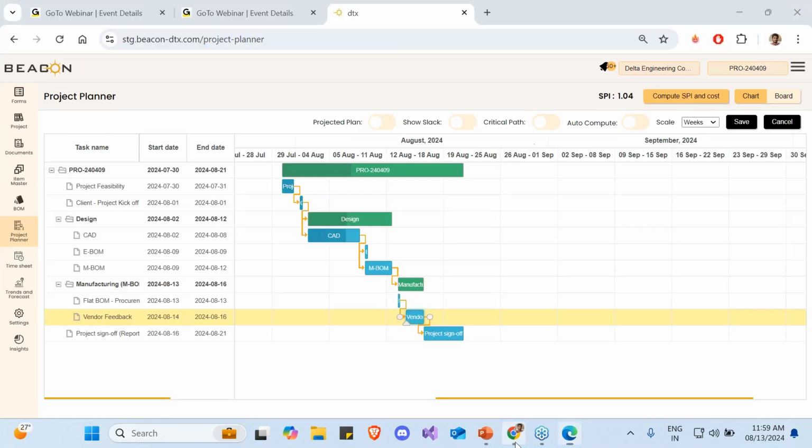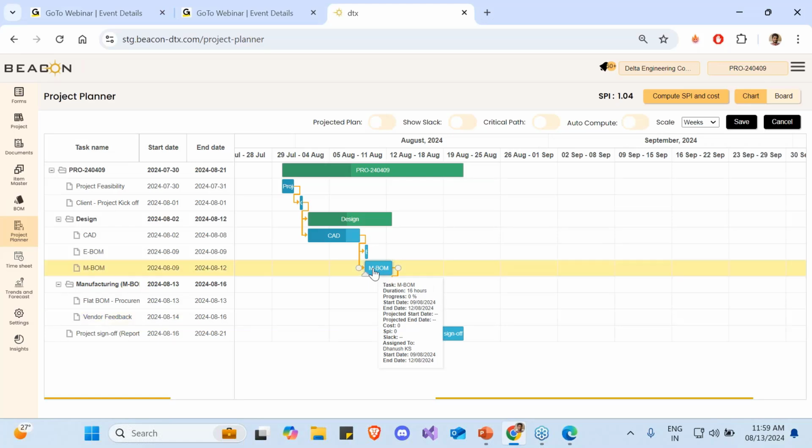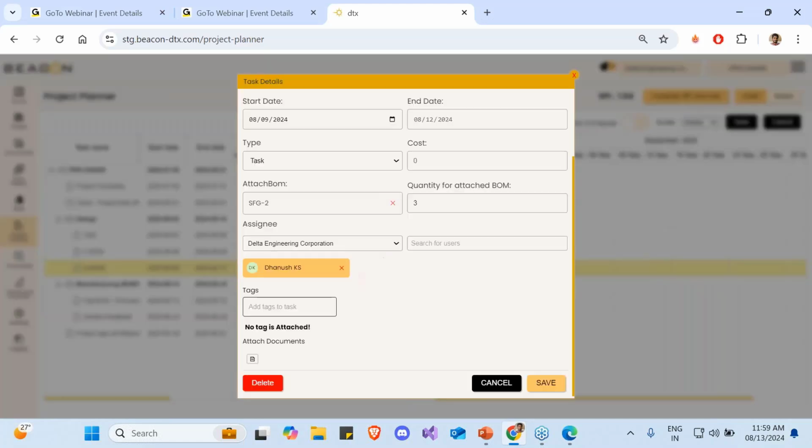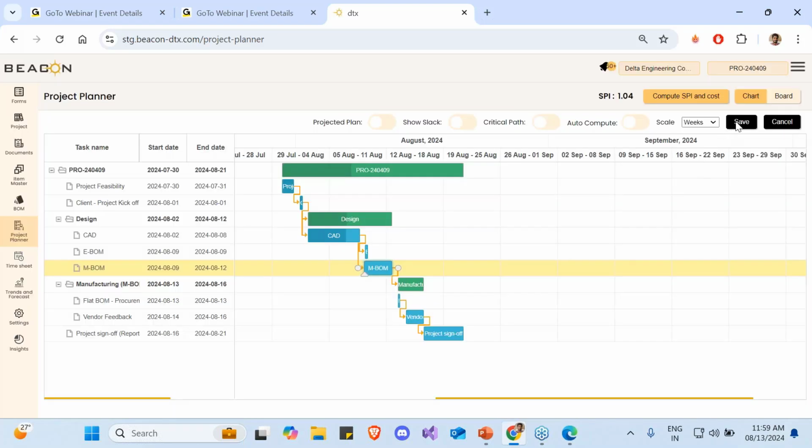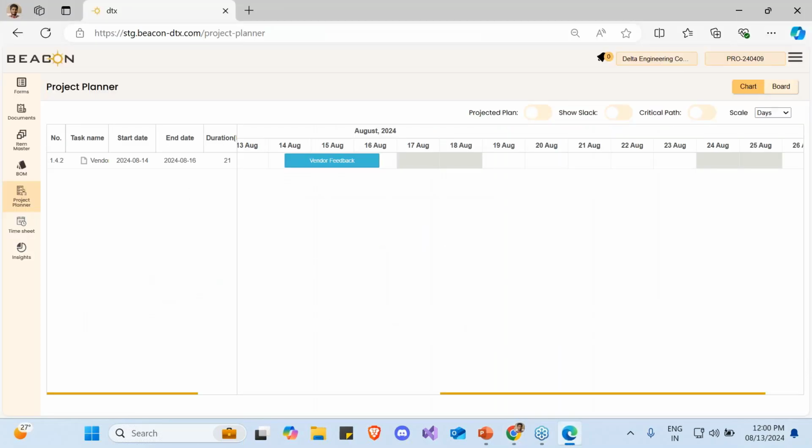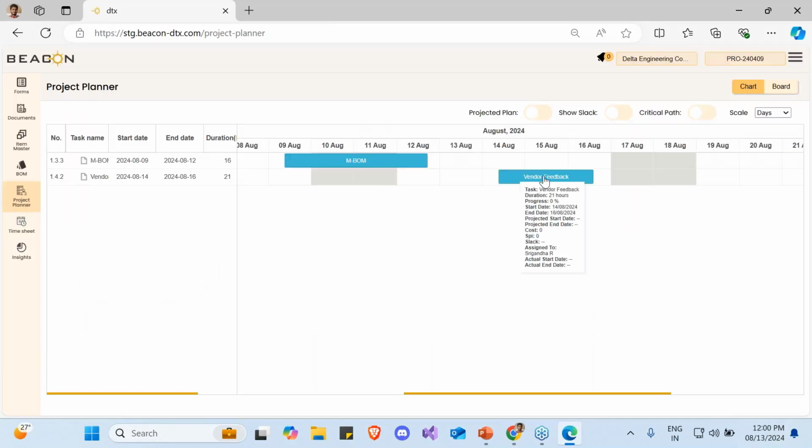To showcase a change, let's add one more task, say part of MBOM. I will go and modify this. Here I'll select the SD project again, select the user Sriganda, and save the whole project. It's updated. I can go back, and if I refresh, now I see two tasks there, the MBOM and the vendor. So as soon as the change was done, it's reflecting in the user list, and they'll be able to see the information on when this was supposed to start and when it's supposed to end. All these details can be seen.